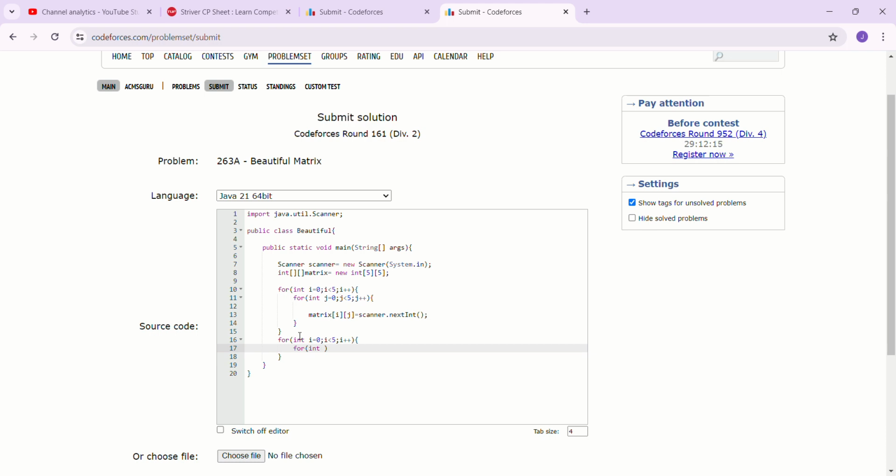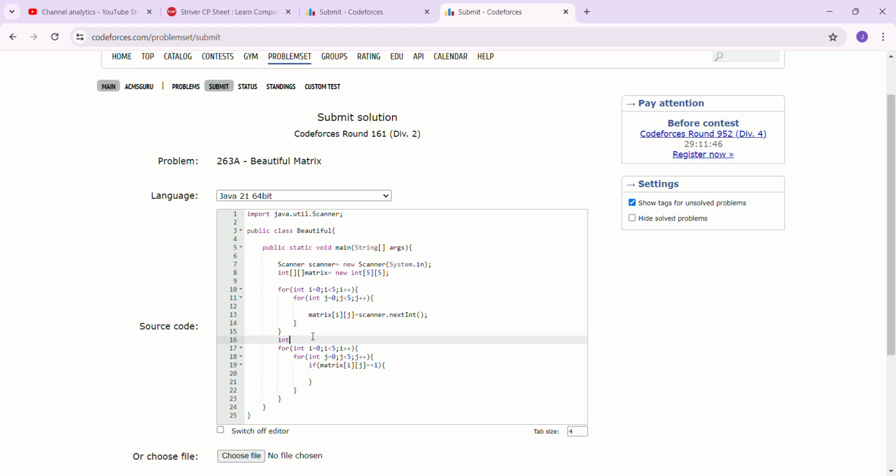Notice here we are starting our indexing from 0, so our center index is going to be 2 comma 2 instead of 3 comma 3. So if matrix i j equal to 1, if it is equal to 1, then